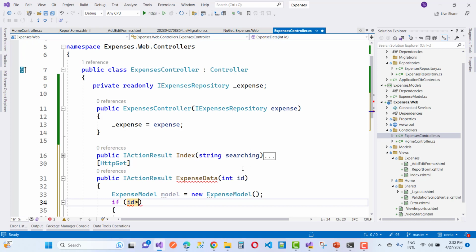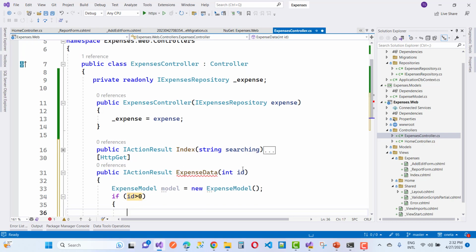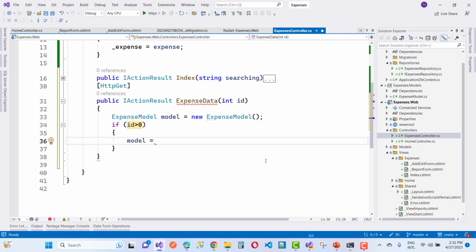If the id is greater than 0, the model is going for the update. So the model is what, just get the model actually, I mean to say,